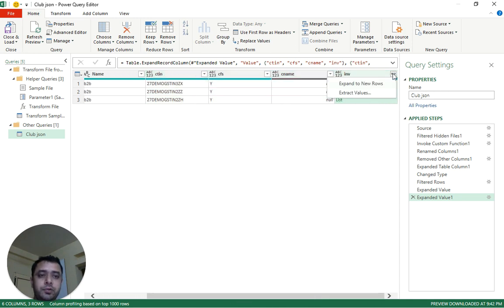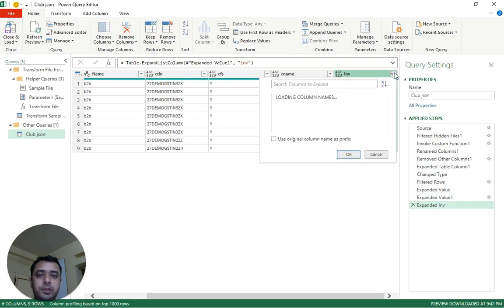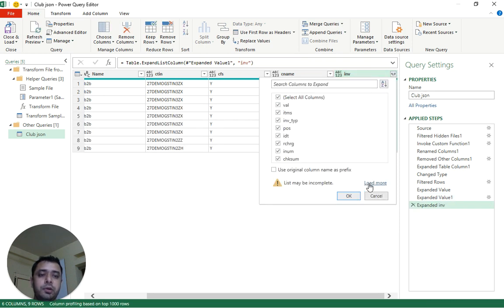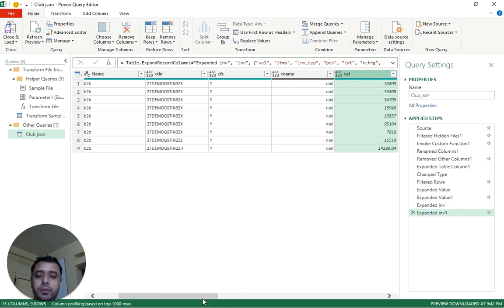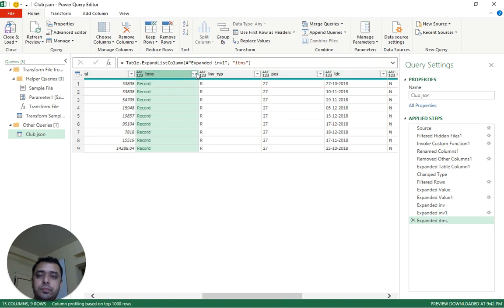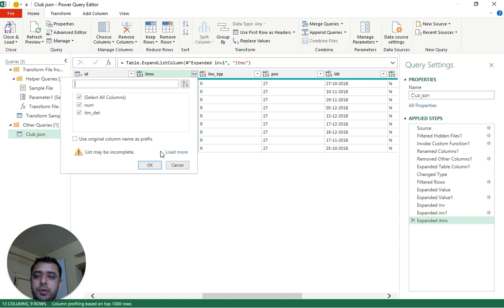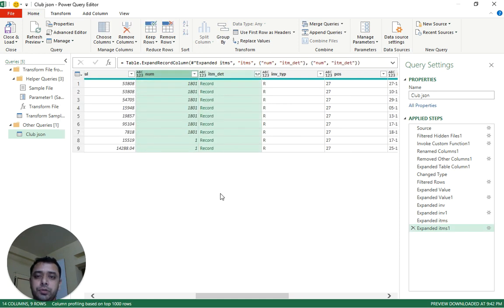That process of expanding columns to new rows we have to keep repeating till we get all our invoice-wise data. Again, I am expanding all the columns to new rows.